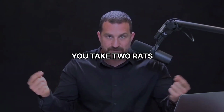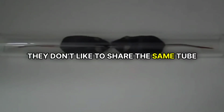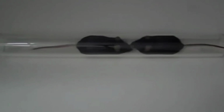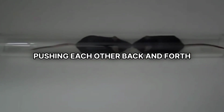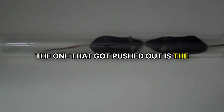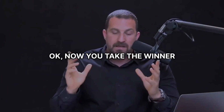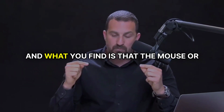So here's the experiment. You take two rats, or two mice, and you put them in a tube. And mice and rats don't like to share the same tube. So they'll start pushing each other back and forth, back and forth. Sooner or later, one of the rats or mice pushes the other one out. The one that got pushed out is the loser. The one that gets the tube is the winner. Okay? Now you take the winner, you give it a new competitor, and what you find is that the mouse